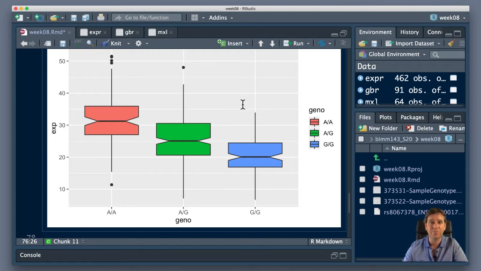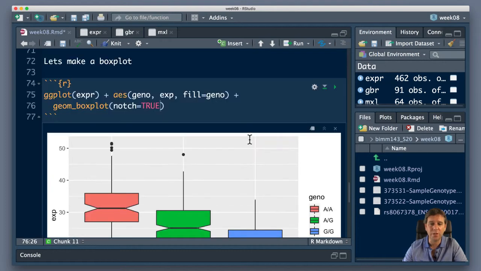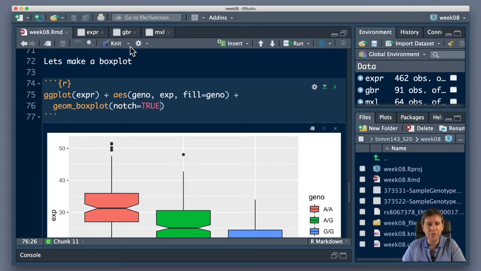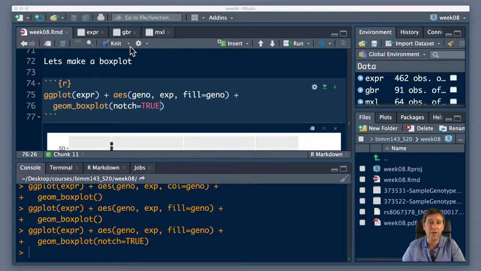So let me save this. I know it's not saved because this thing's blue up here at the week 08 up there. If you saw it, it's blue. So I'm going to save it. It goes white. I've got my document. I could knit it here. And I encourage you to explore other ggplots. For example, if you want to do geom_density, you could see how that looks. I've got my lab 8